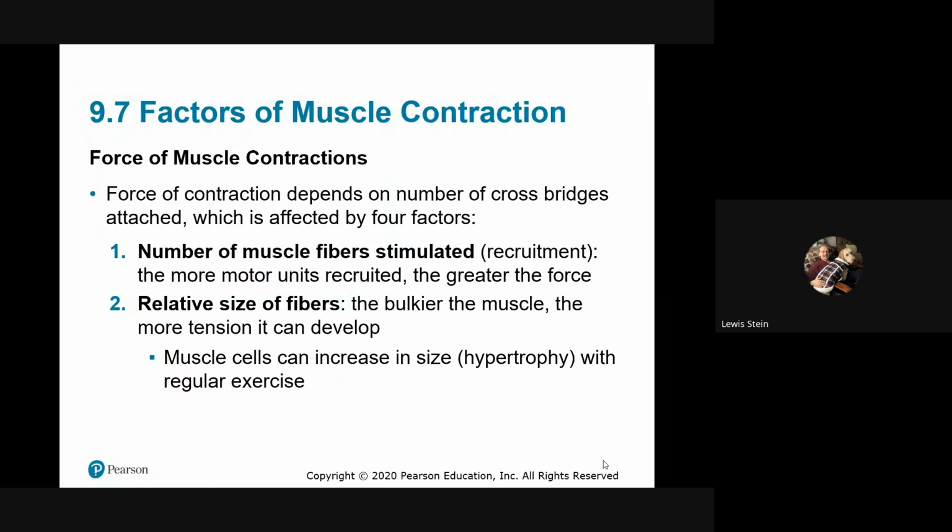Additional factors. Things that I think are we recruit more when we want to generate greater force. The bulkier the muscle, the stronger it is. And again, we can't make more muscle cells, more fibers. There is some research going on into replication of muscles. I really don't think at this point we could say that there is a regenerative capability, but most importantly, in the old days, we used to say they can't undergo hyperplasia. We can't make more, but we can hypertrophy, make them bigger and stronger. And if we don't use them, they atrophy. They get weaker and smaller.